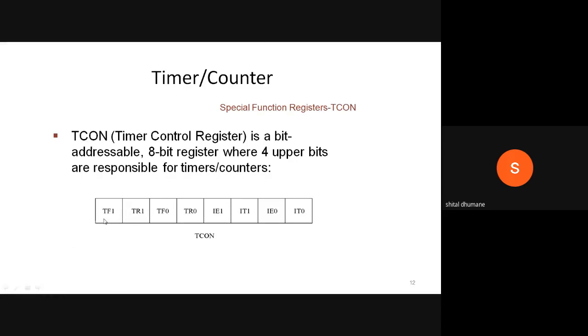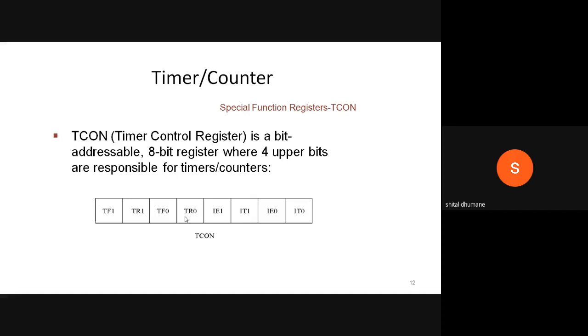So you can set TF0 and TF1. The user can define these bits in the TCON register. If you are going to start the timer, it is not necessary to write the entire contents of the TCON register.